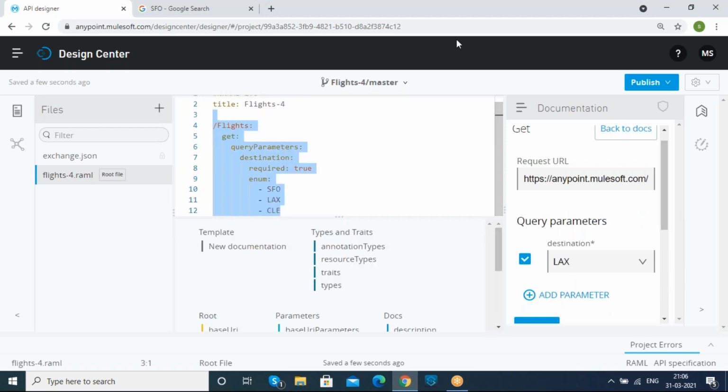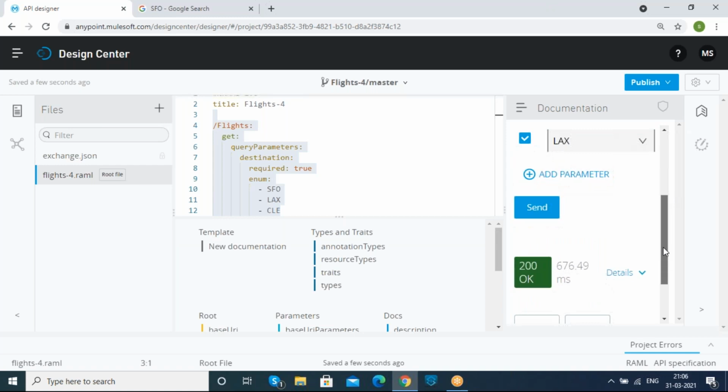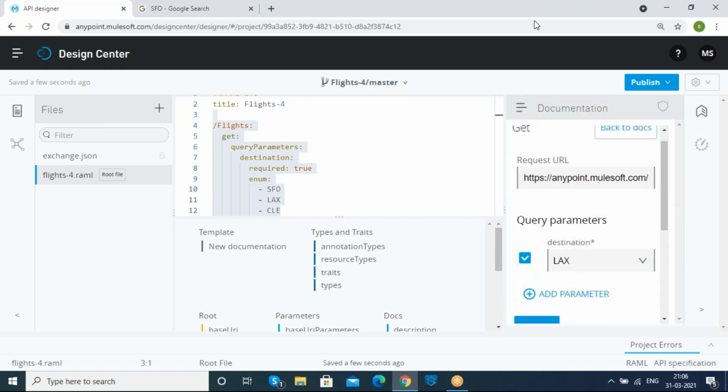So up to here, are you having any doubts, Radhika and Ram? Yes, sir. No doubts from my end.